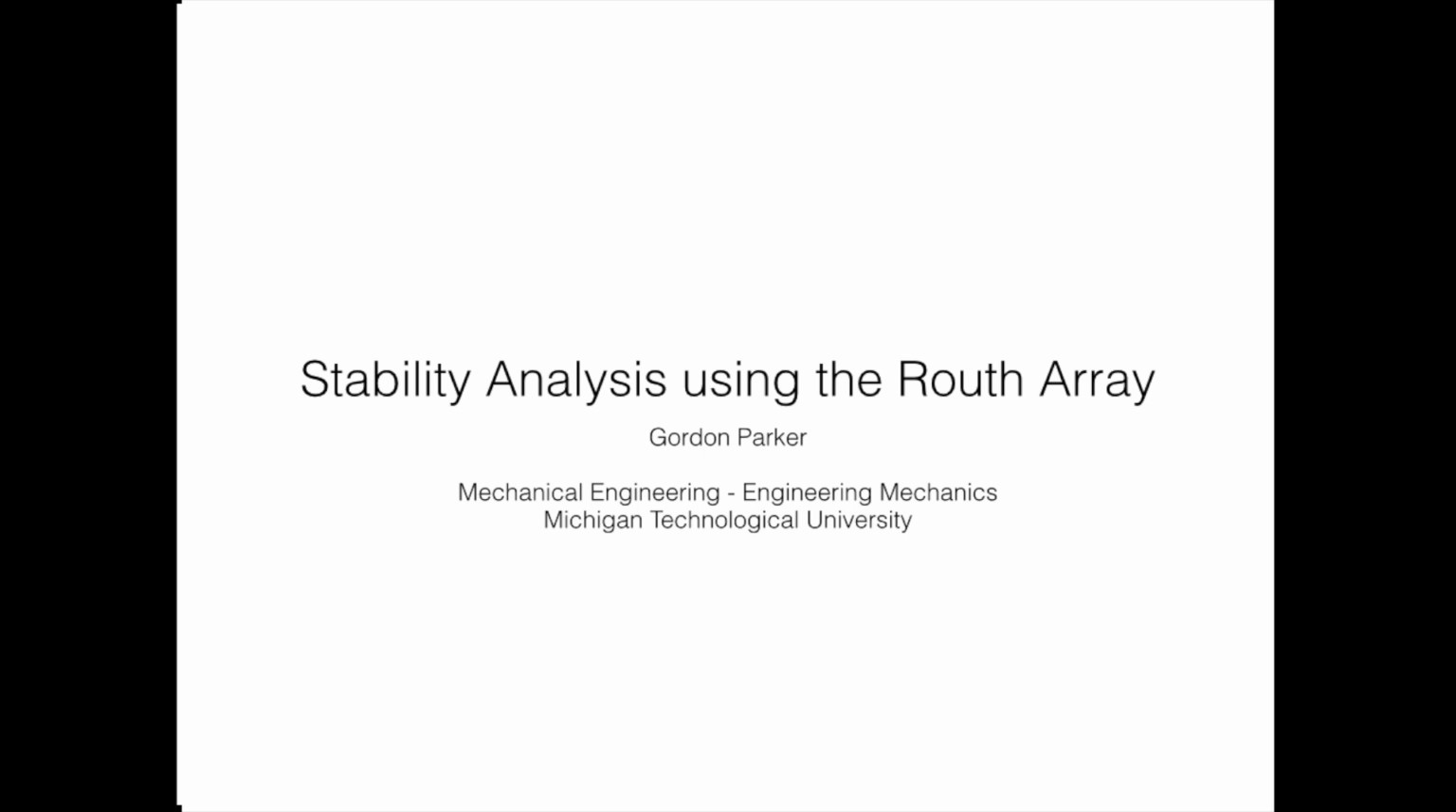Hi, this is Gordon Parker from Michigan Tech, and in this video we're going to look at stability analysis using the Routh array. So consider that we have a transfer function, could be closed loop or a plant transfer function,